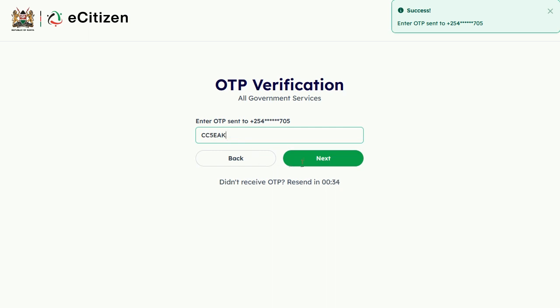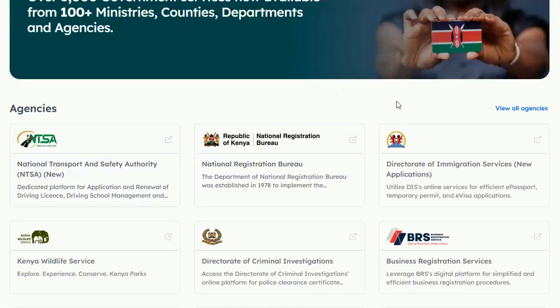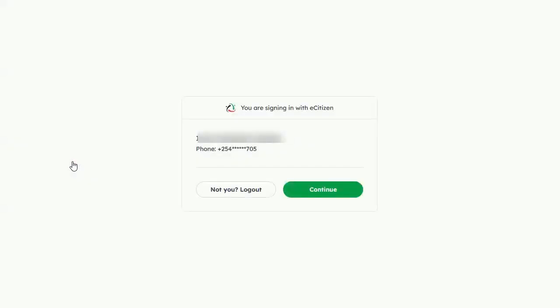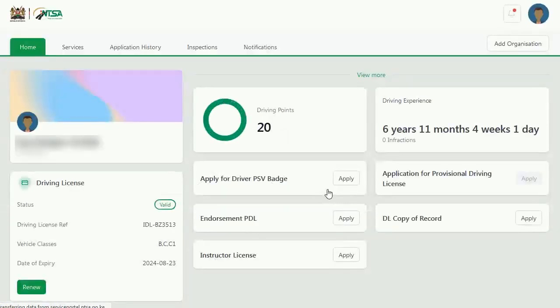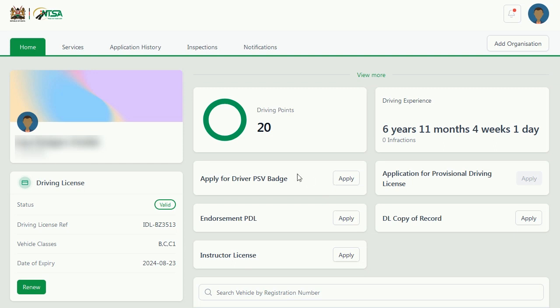So you finish up, you verify the OTP, and then we log into the system. So you go to Ntsa, National Transport and Safety Authority, click that, and you continue as usual. Then you find the vehicles that you had are not there simply because you registered them under a company. So you come here on the top, there is add organization, this button. So click this button, add organization, so that you can add your company, so that you can see the list